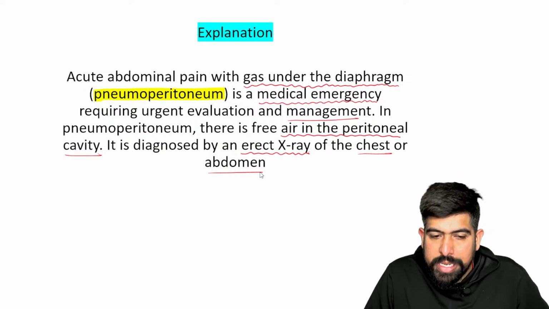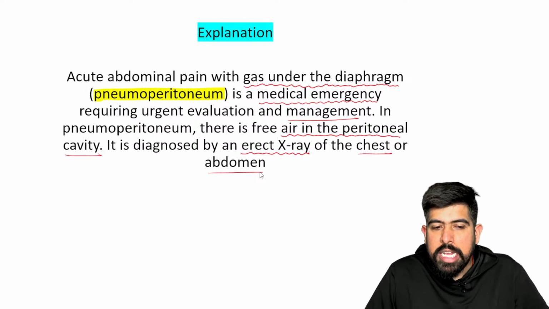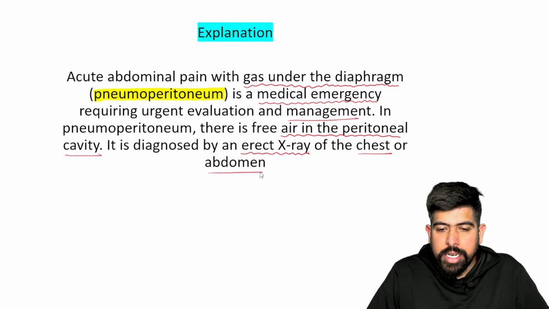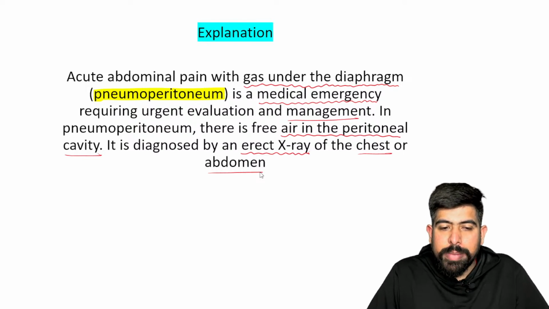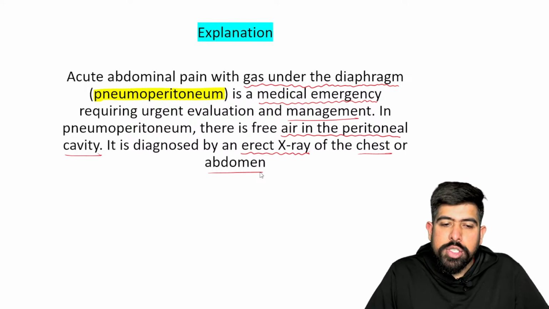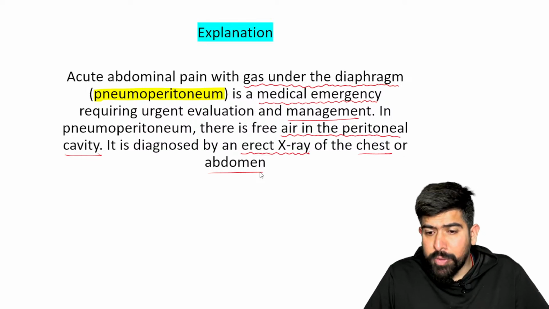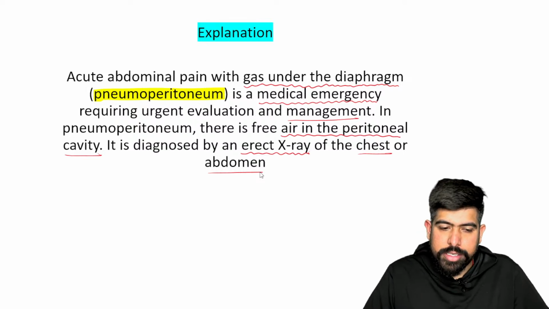If unstable, please remember, if the patient is unstable, this is a medical emergency. So if the patient is unstable, first of all we have to do the X-ray. Otherwise, how can we evaluate whether the patient has pneumoperitoneum or not? If the patient has pneumoperitoneum and is unstable, so we have to do it laparoscopically. If the perforation is there, we have to do urgent laparoscopy or laparotomy, right? We have to do it urgently.